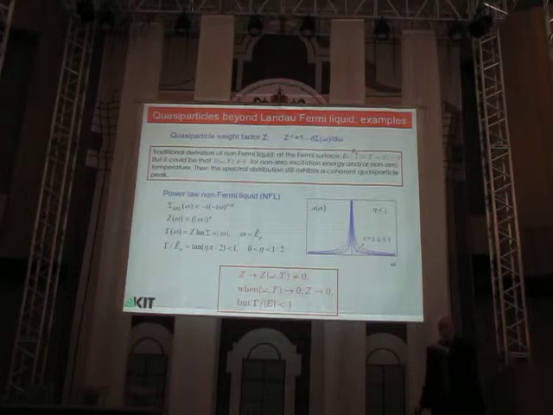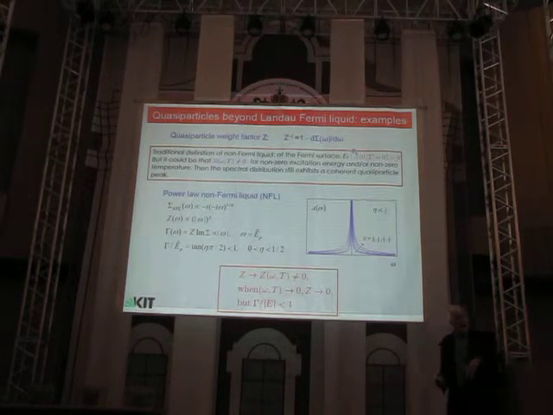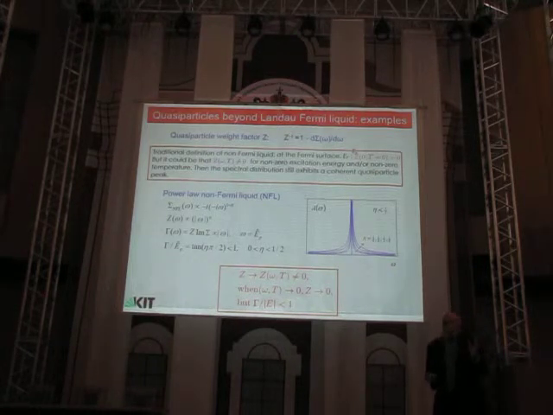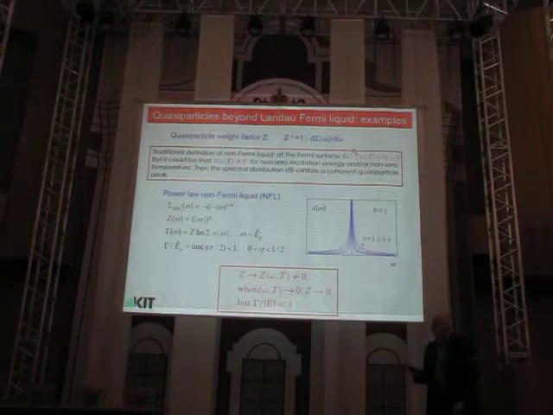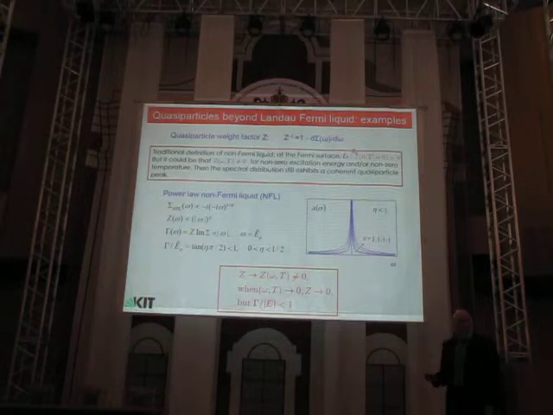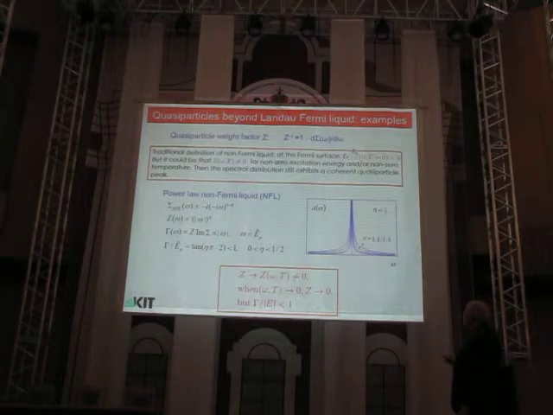Before I go into this a little bit, sketch what we have been doing, let me just make one point. I said before that for the quasiparticles to exist, it's enough that there is a peak so that the quasiparticle weight is non-zero and that the width or decay rate of the quasiparticles is less than the energy. Okay? Now surprisingly, it turns out that this is the case if you have an even extreme frequency dependence of